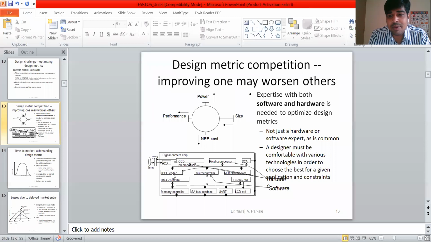So what is the use of the JPEG codec? It is used to code or decode, that is, to compress or expand your signals. What kind of signal here? Only the image or video signal. So it is used for encoding, that is compressing or decompressing, of image or video signals. That is the use of JPEG.